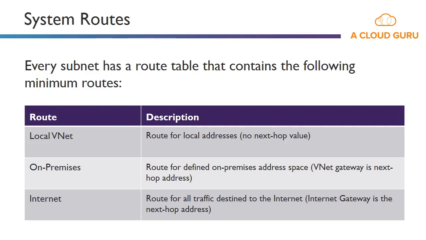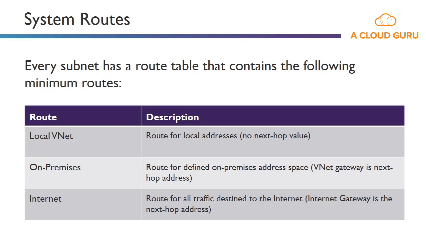Let's now take a look at routing inside of Azure, and to begin with, let's look at the system routes. Every subnet that you create has a route table that at a minimum contains the following routes. The local VNet, this is the route for local addresses, and so there's no next hop value. On premises, this is the route for defined on-premises address space that you might have in your main data center